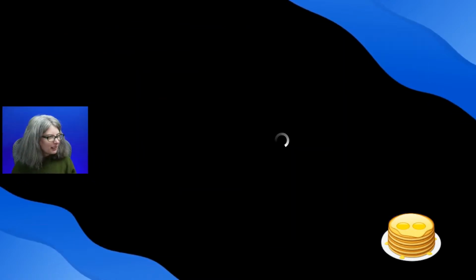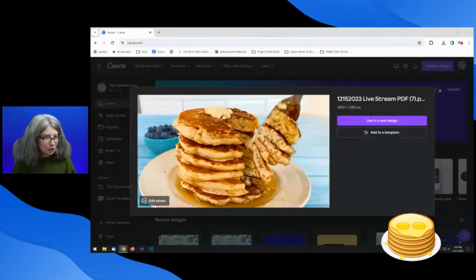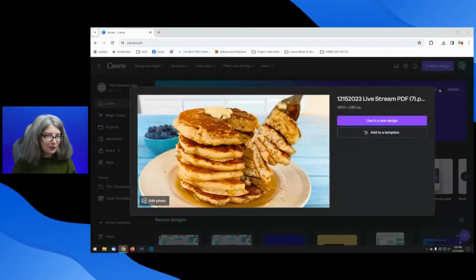But pancakes. So we're going to keep this little pancake icon. And if you guys want to help me out a little bit by putting some pancake, if there's such a thing, is there a pancake emoji in the chat? That would just make me smile. But let's get the pancake picture back up. Actually, let's remove the overlay.